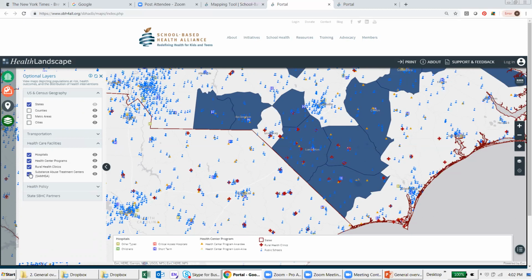Here you can see the picture emerging further. There are hospitals, FQHCs, rural health clinics, and substance abuse treatment centers that could be medical sponsoring organizations for these